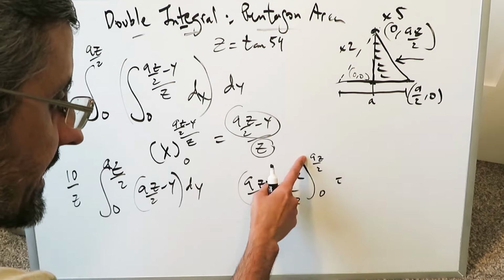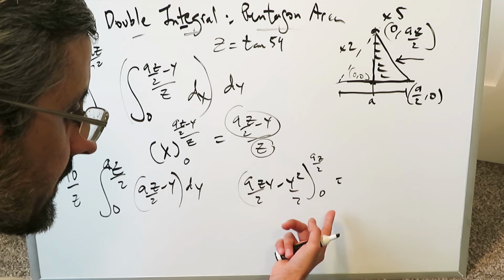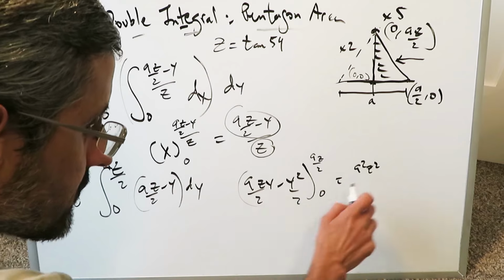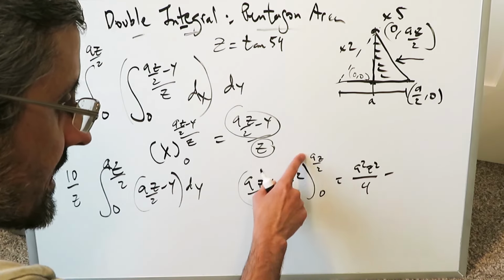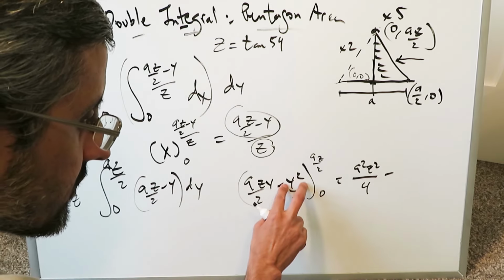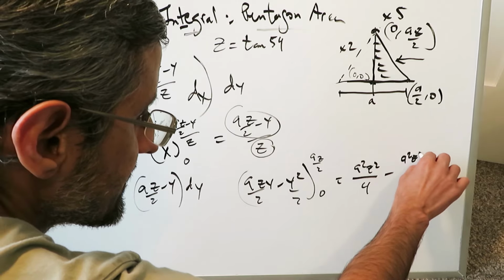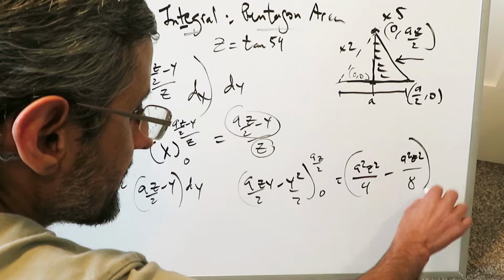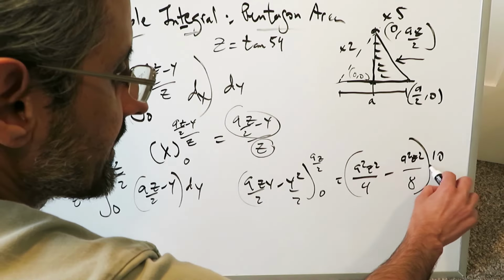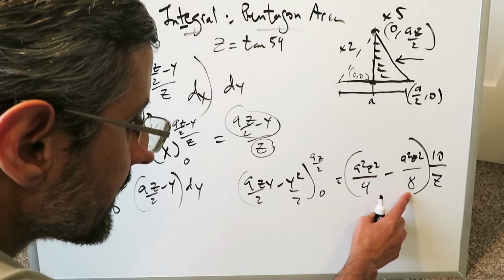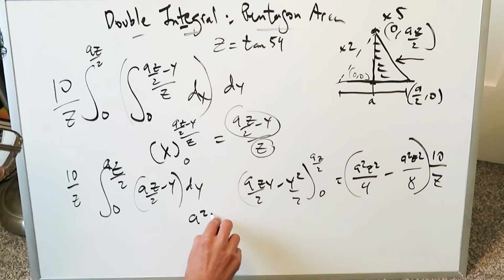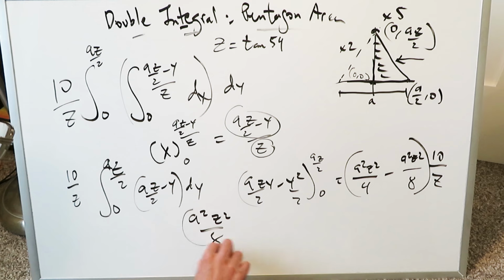Let's just do this. Put az over 2 in place of y. You don't even need to put 0. You'll get a squared z squared over 2, which is a squared z squared over 4, minus all of this into this whole square. You'll have a squared z squared over 4 over 2, which will be over 8. And as you can see, 1 over z is sitting outside. Do all of this. 4 goes in here 2 times. You'll have 2a squared z squared minus that is just a single a squared z squared over 8